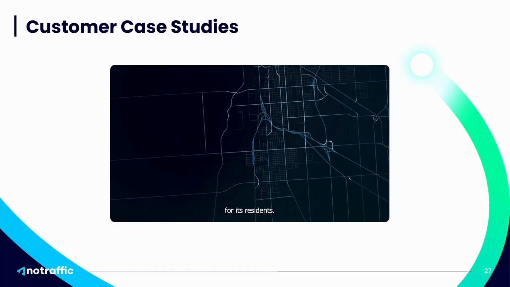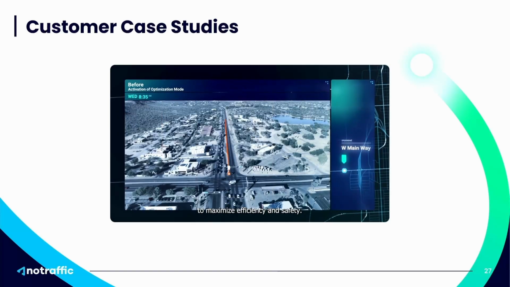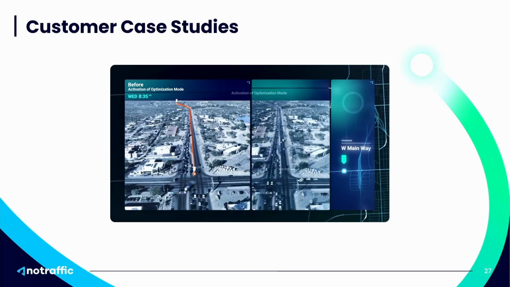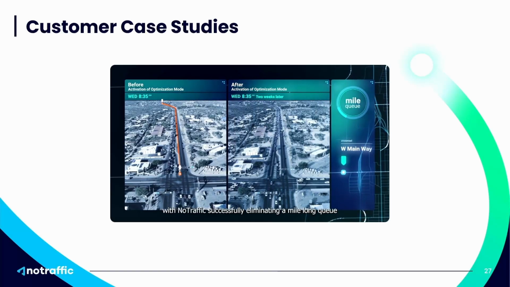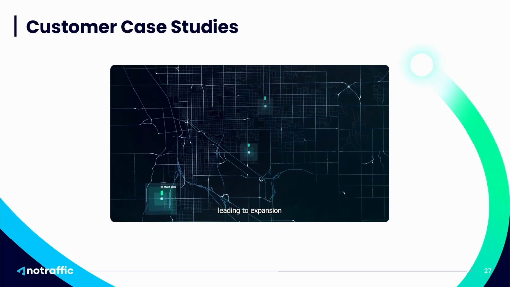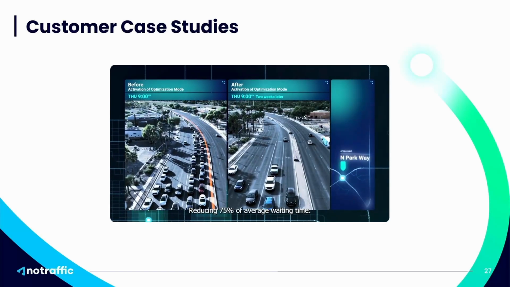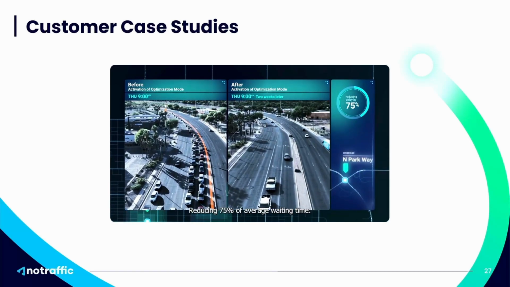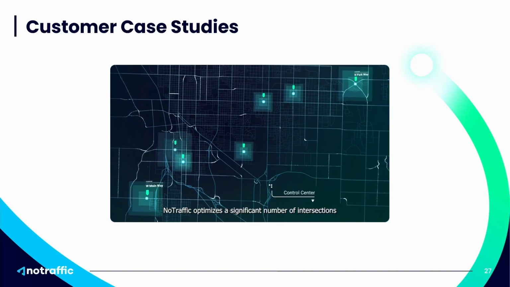Like for its residents, autonomously operating the traffic light signal network to maximize efficiency and safety. The results were remarkable, with NoTraffic successfully eliminating a mile-long queue, leading to expansion and the optimization of additional corridors, reducing 75% of average waiting time. Today, NoTraffic optimizes a significant number of intersections